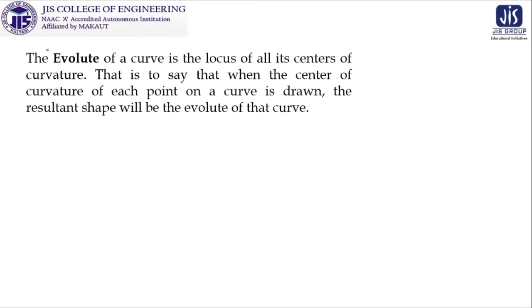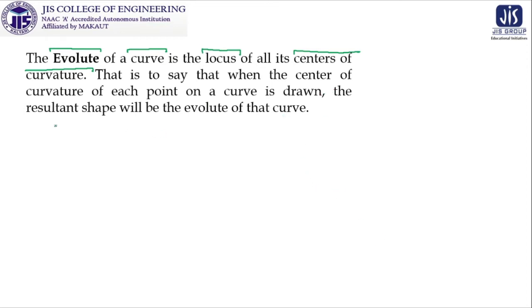We are giving the term the evolute of what? Of a curve is the locus of all its centers of curvature. That means when you are thinking about this curvature and this curvature is moving, and that means the osculating circle is moving, then the center of the curvature is also moving. That moving point's locus, when we are considering the curve which is newly generated, is called the evolute of the mother curve.